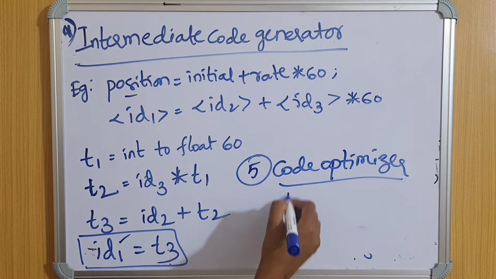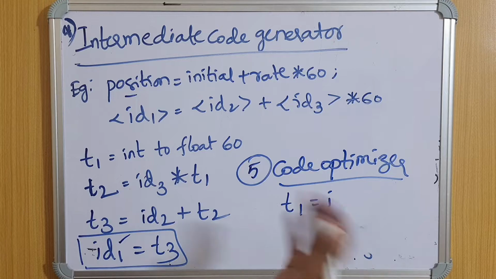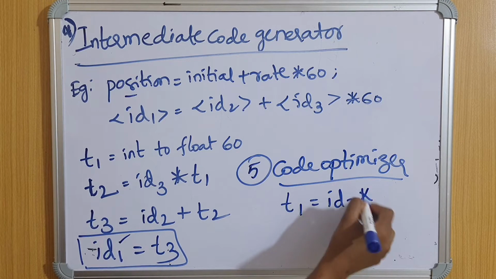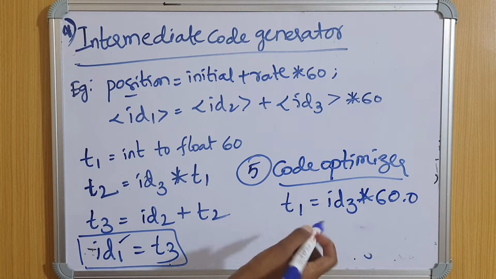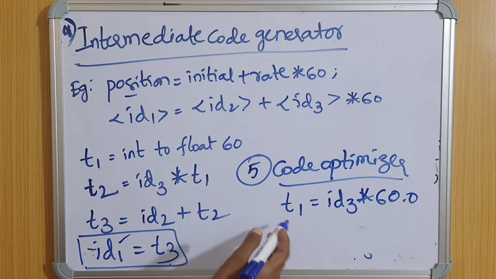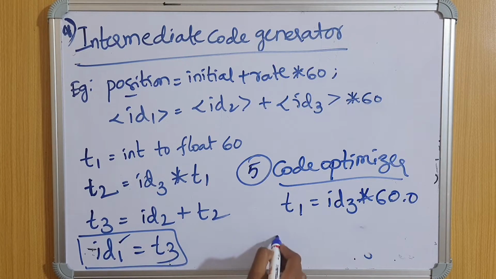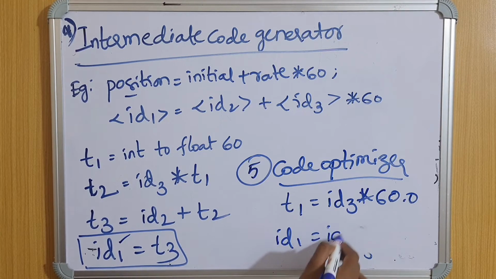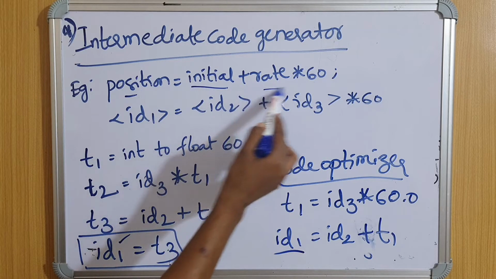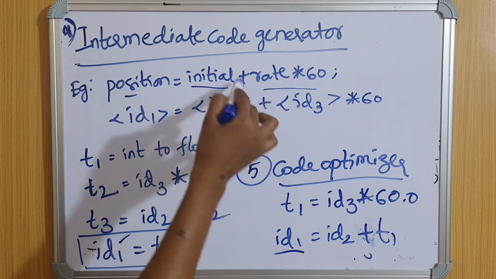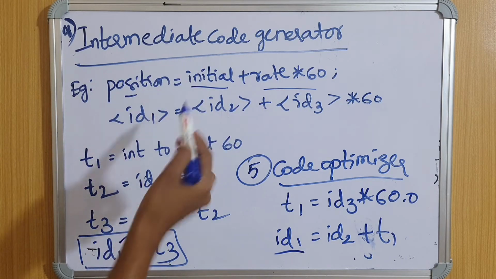See how it will be optimized. For example, we can directly multiply id3 by taking the float value directly. What is that? 60.0 times id3, and that value will be stored in t1. Next, id1 equals, you can write directly id2 plus t1. You already know what id1 is, position. The total value is id2 plus this one. This value is t1 and this is id2. We are adding these two and we will store it in